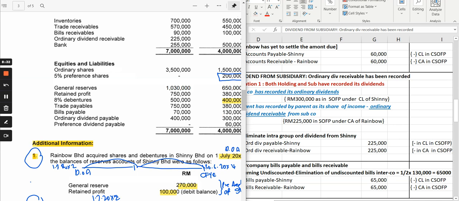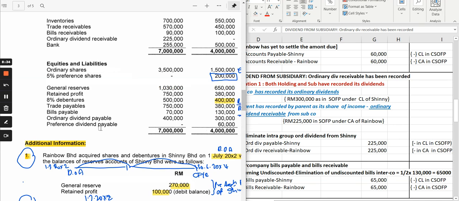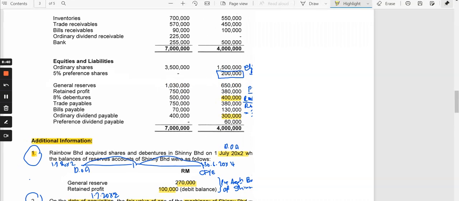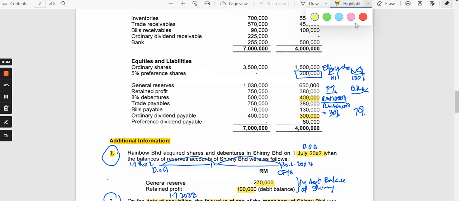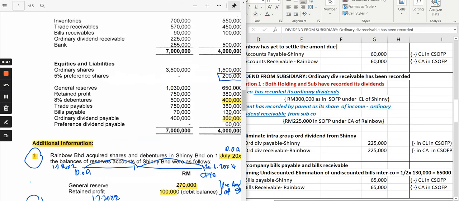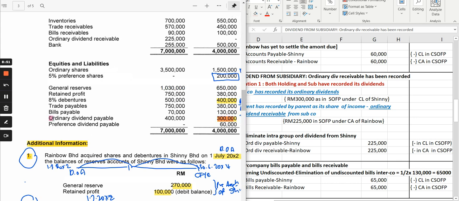So if you look at your ordinary dividend payable by Shini,